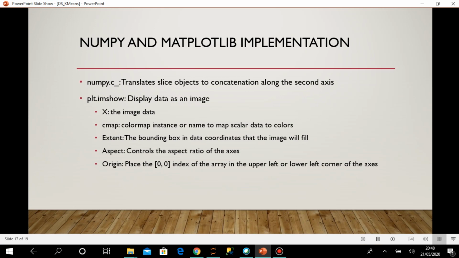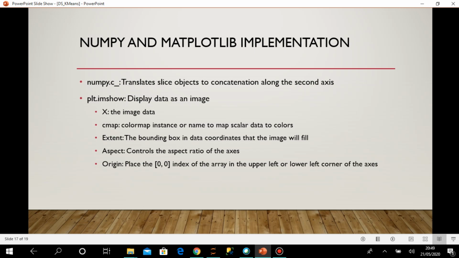Suppose you send one list of values 1 2 3 4 5, and another list 6 7 8 9 10. It will create an array like 1 6, 2 7, 3 8, 4 9, 5 10. It will be at minimum a two-dimensional array, and if there are more values, it will concatenate along the second axis.